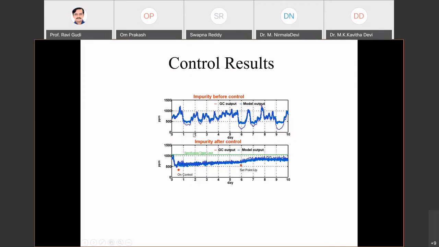Whereas if I'm able to push the operation closer to 1000 ppm, which is the actual spec, then I save enormous amounts of energy. Okay, and so the plant actually reported that by implementing this PLS-based soft sensing and closed loop control, they were able to approach the impurity limit as closely as possible, and this gave them substantial energy savings, which is a nice result coming out of the implementation of this PLS model.